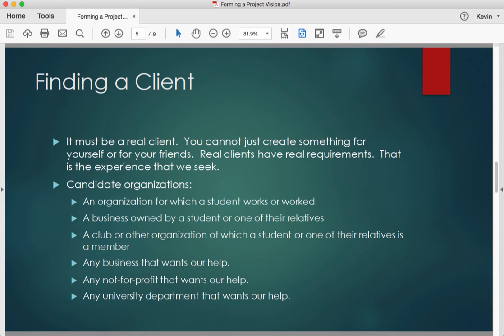Some kind of club or other organization in which the student or one of their relatives is a member. We've had student clubs, we've had 4-H clubs, we've had all kinds of stuff. Any business that wants our help, any not-for-profit that wants our help. We've had all kinds of businesses that we have helped